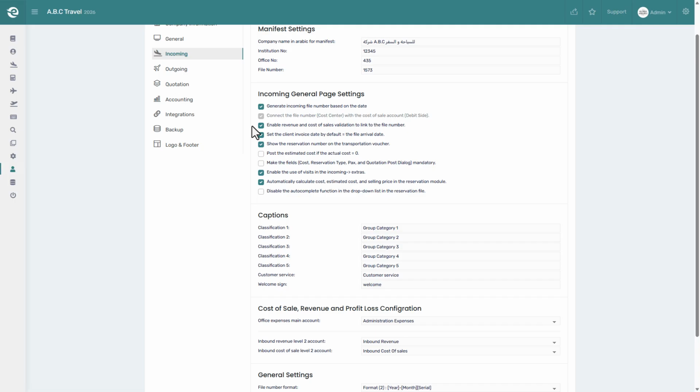It also prevents unrelated accounts, such as salaries, electricity bills, general liabilities, or administration expenses, from being connected to reservation files. If this option is disabled, users can freely connect any account to any file, which may lead to inaccurate file profit and loss reports. That is why it is highly recommended to keep this option active, especially for companies that rely on accurate file-level